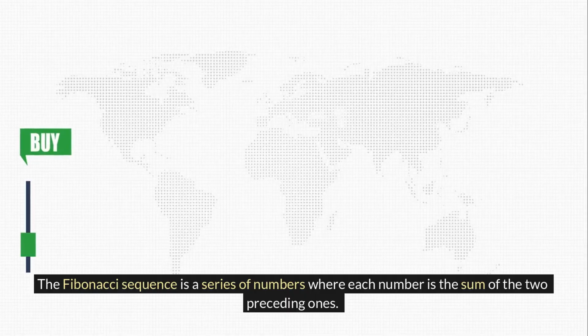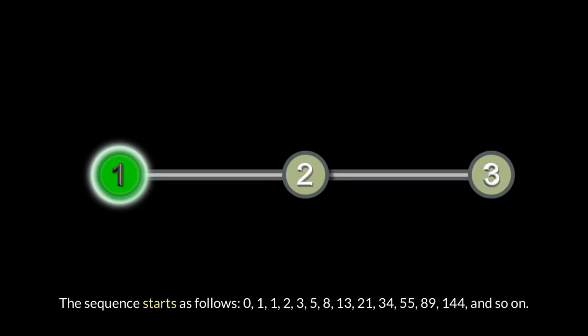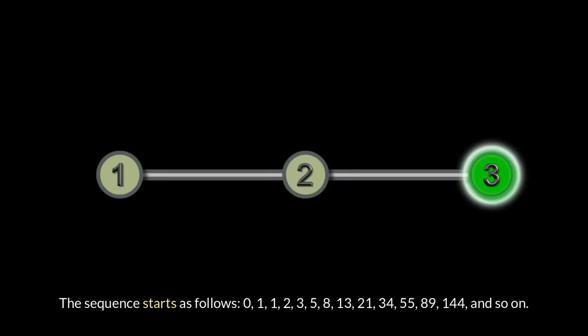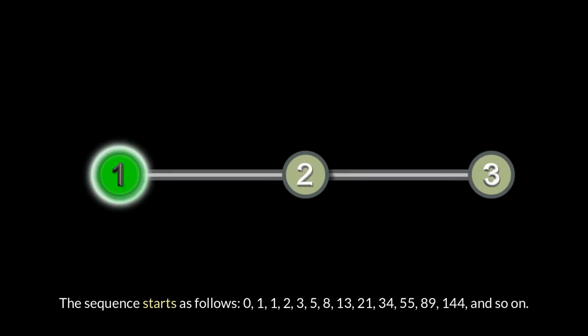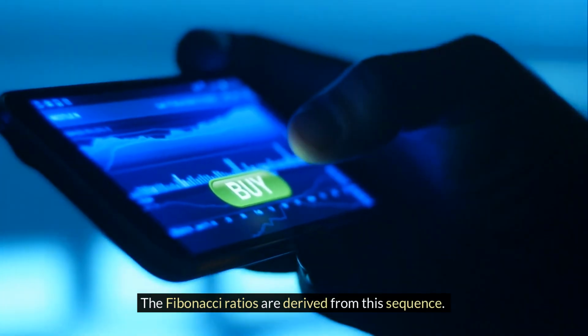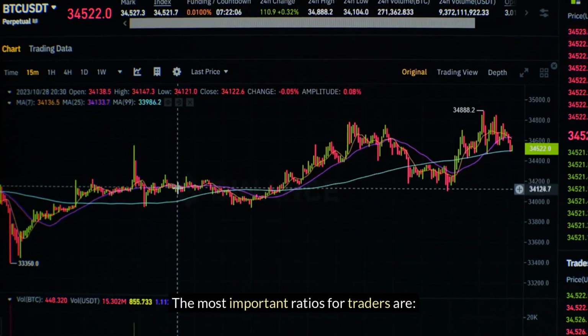The Fibonacci sequence is a series of numbers where each number is the sum of the two preceding ones. The sequence starts as follows: 0, 1, 1, 2, 3, 5, 8, 13, 21, 34, 55, 89, 144, and so on. The Fibonacci ratios are derived from this sequence. The most important ratios for traders are